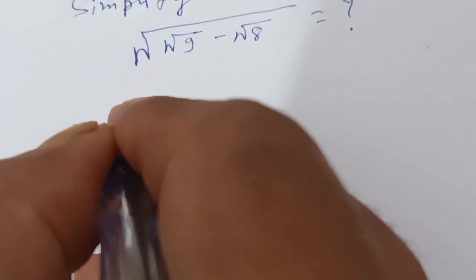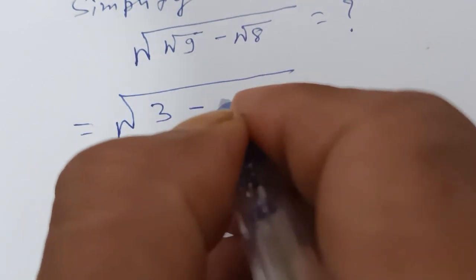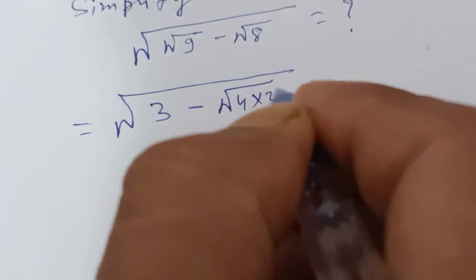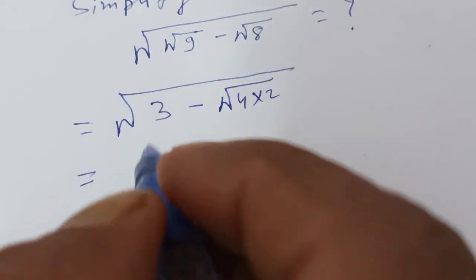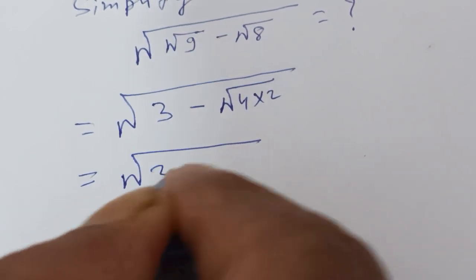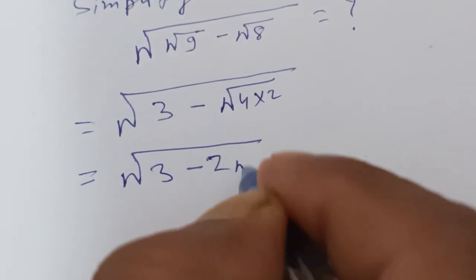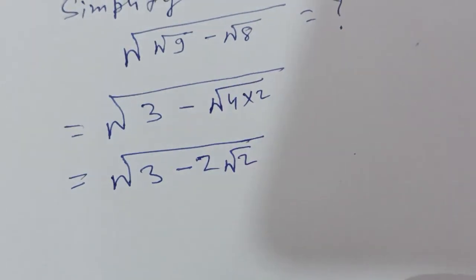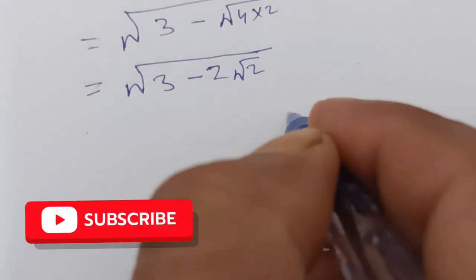Root 9 is 3, minus, we can write this as 4 into 2. Root 8 is written as 4 into 2. So after that, root 3 minus root 4 is out with 2 root 2. So we write this in the form of a square,